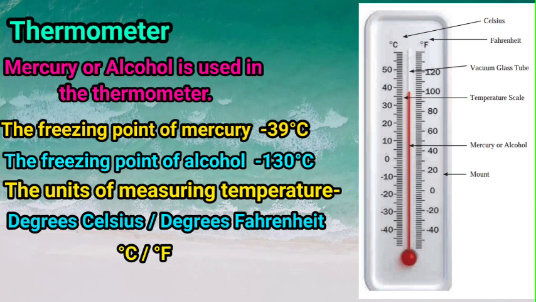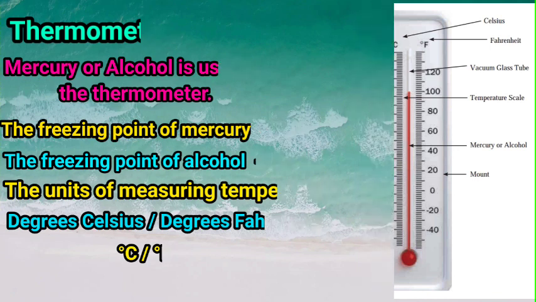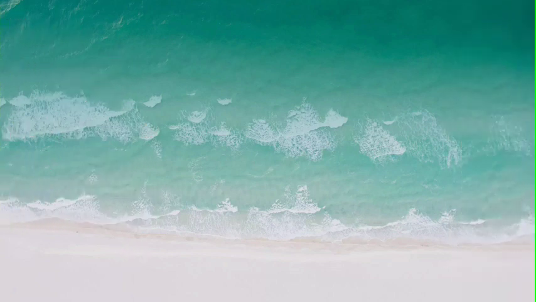So children, from this lesson we learned how temperature difference causes oceanic water movement. We learned that due to the temperature difference, both upward and horizontal currents develop in the ocean. We also learned about the isotherm. This is the method which shows the distribution of temperature on the map.